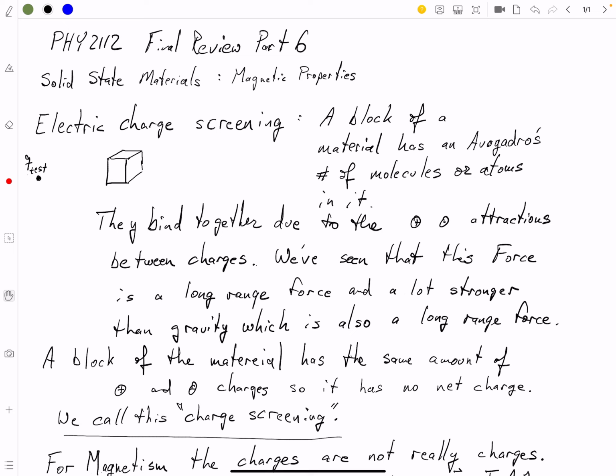What we want to do right now is look at the solid state materials, the magnetic properties of materials in a solid state. You know what solid state means? That means it's not fluid. We're not talking about plasmas, liquids, or gases. So a solid material. We want to know the magnetic properties. Well, first,